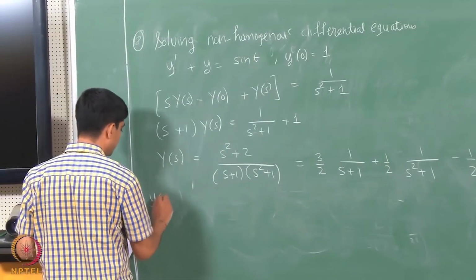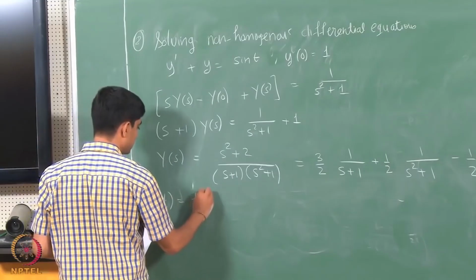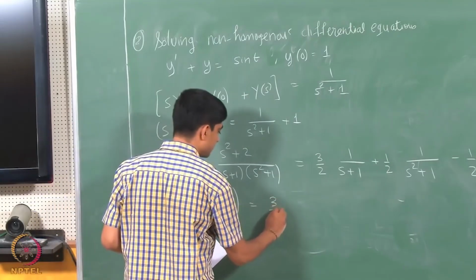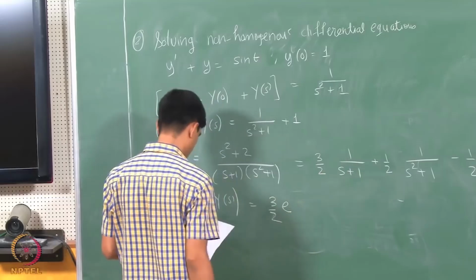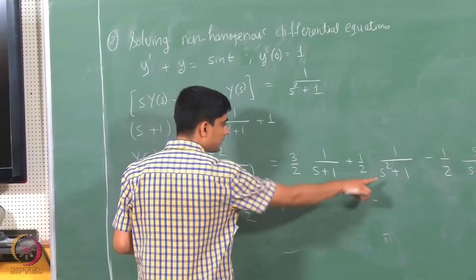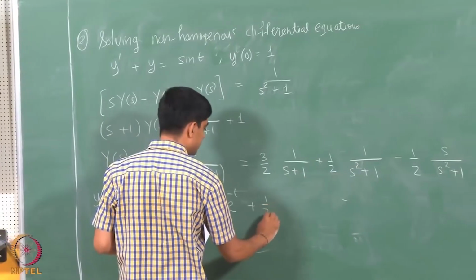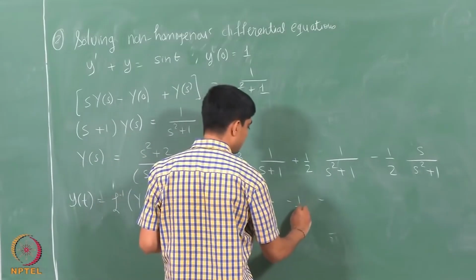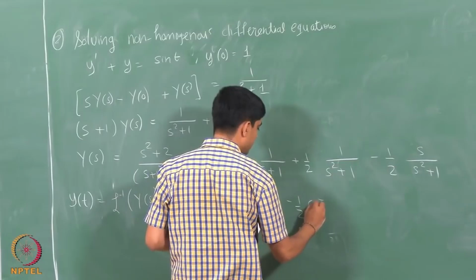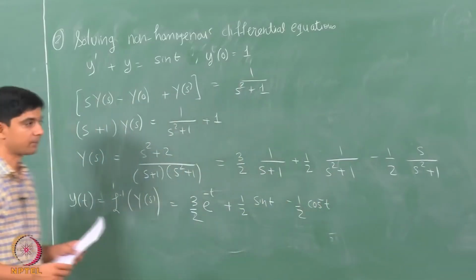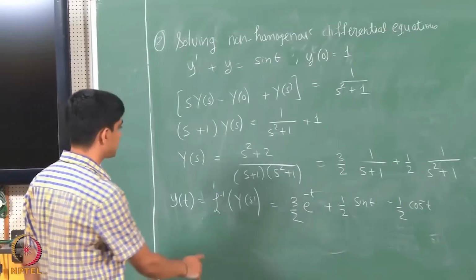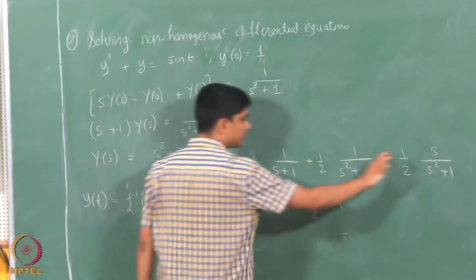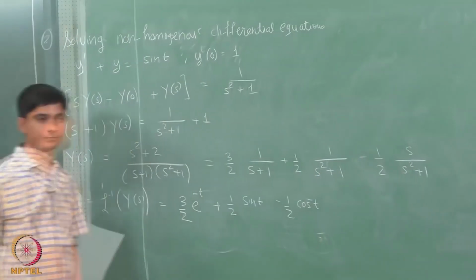Now, y of t would simply be the inverse Laplace of y of s. Okay. So, the first inverse of 1 over s plus 1 would be e power minus t, plus, well, this inverse is just a sinusoidal signal sine of t, and the last one, s over s square plus 1, is cos of t, right. Okay. As simple as that. So, just this step here is a crucial one of identifying these numbers here and writing this in terms of fractions. Okay. So, next